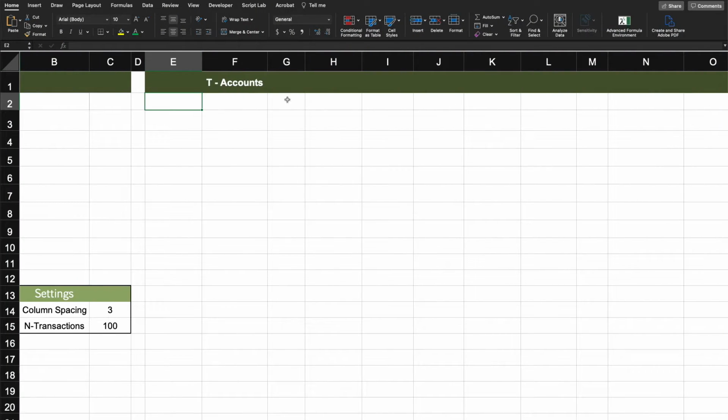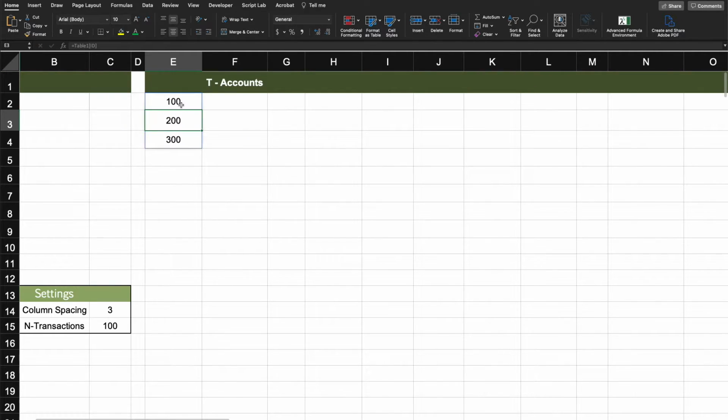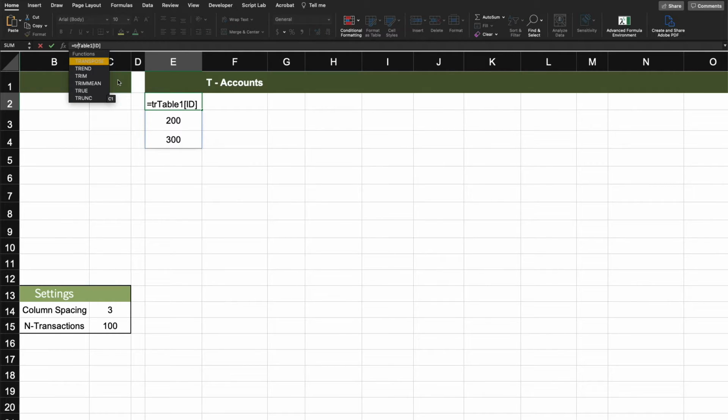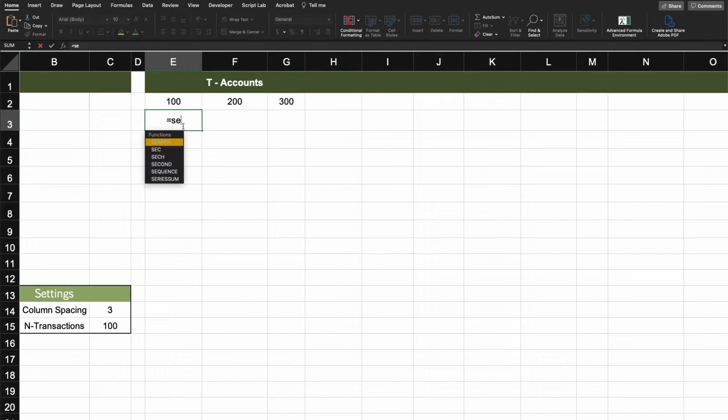So going back to the Excel, here to start up, let's get an associative copy of all the IDs that we've been using here. And let's make it horizontal by the transpose function. Okay, and with the transpose, now we want to use a sequence to create some spacing between these IDs so you can set up the layout. For that, we would use a sequence